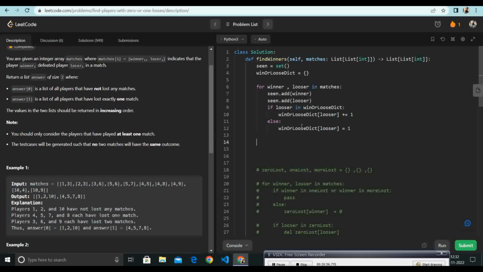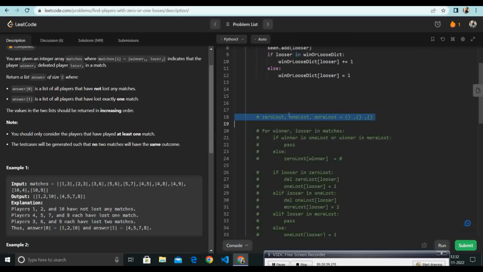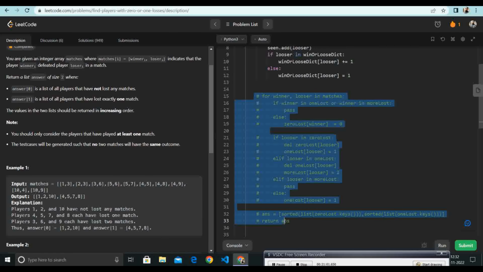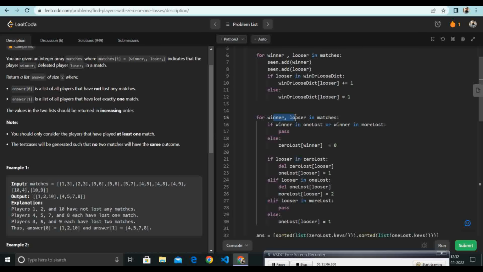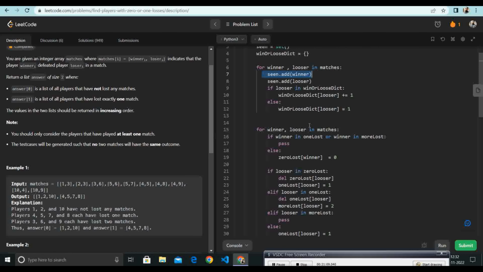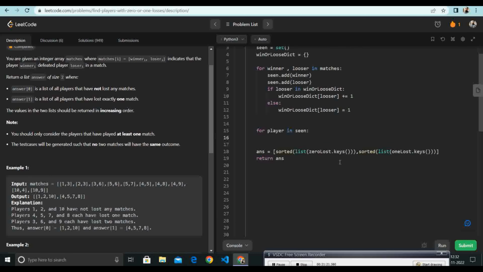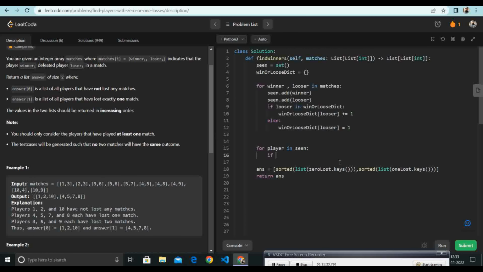Okay, now I need to remove this one. We have the seen set, so we will simply write it as player in seen. Okay, let's remove all. If dictionary win or lose, or I can say get player 0,